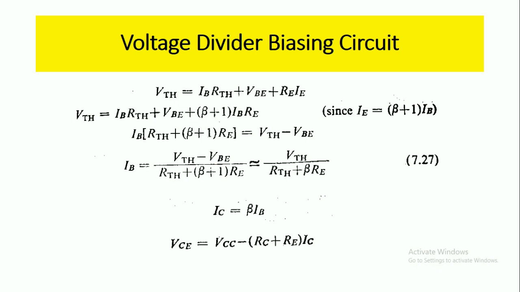This beta is approximately related to the collector current IC, so IC equals beta into IB. From the output section we get VCE equal to VCC minus RC plus RE into IC. Like this we can calculate the operating point of the transistor. Here, by using this voltage divider biasing circuit, this circuit will make the transistor independent of the temperature